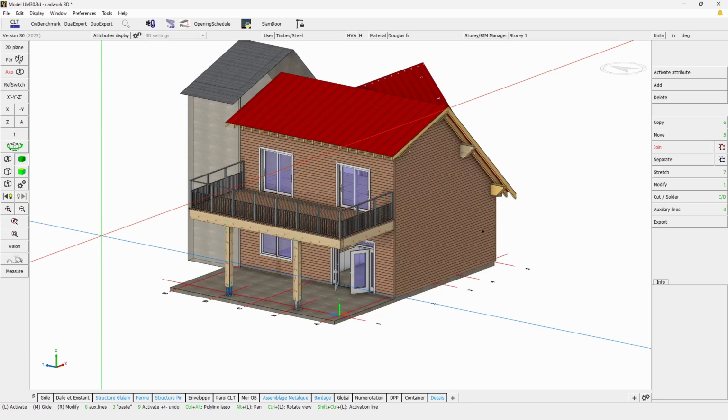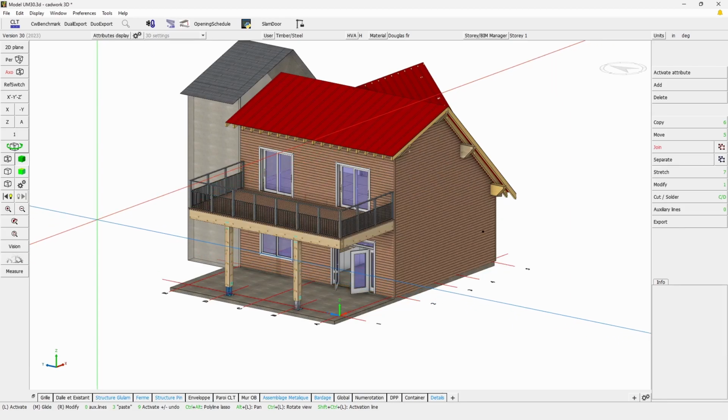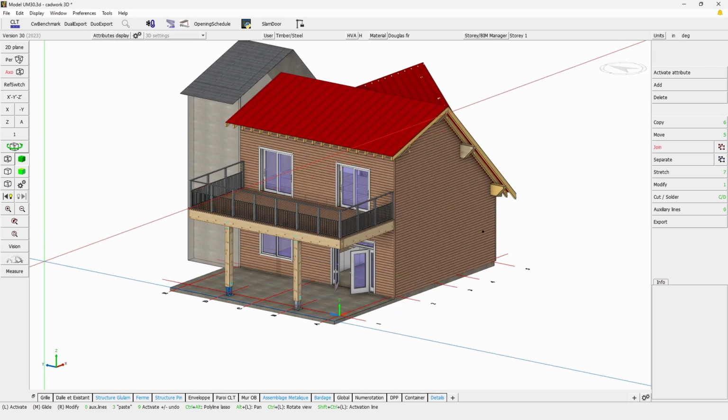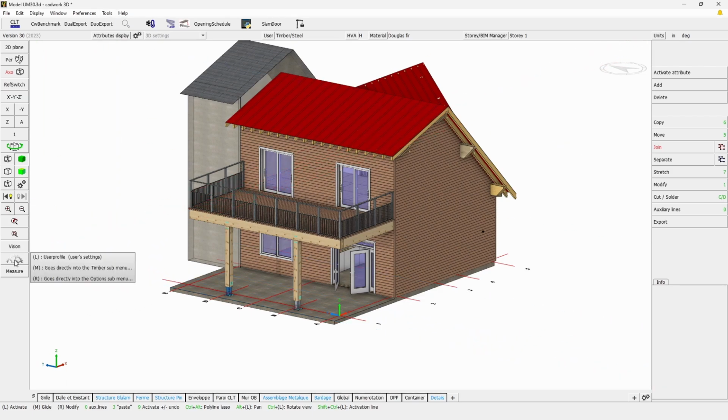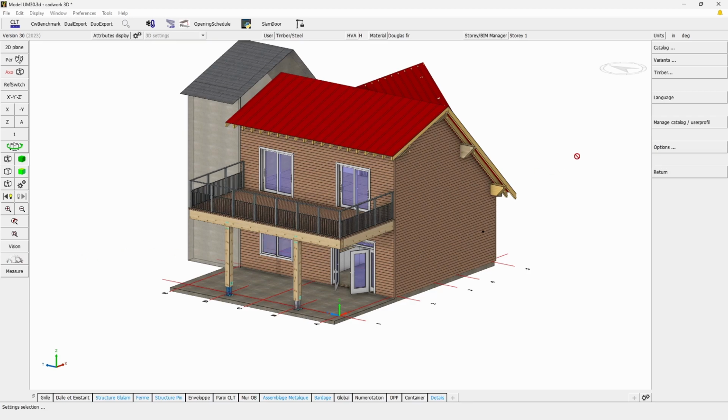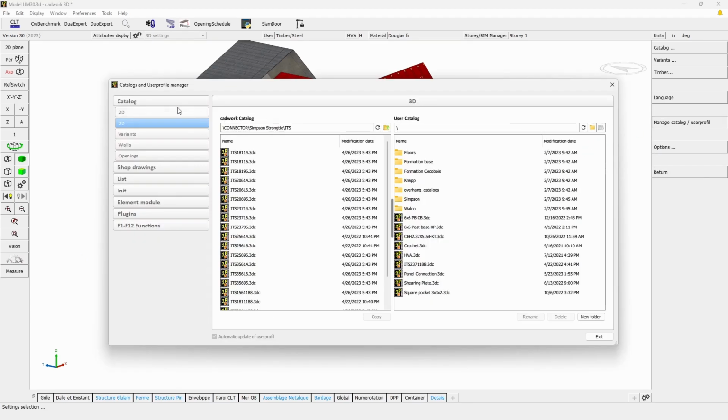Since you cannot update this kind of information directly through a standard update, you will need to first open a 3D file, click here on the setting in user profile and manage catalog and user profile. In this window, you will in the first tab have the ability to copy element from the Cadwork catalog directly